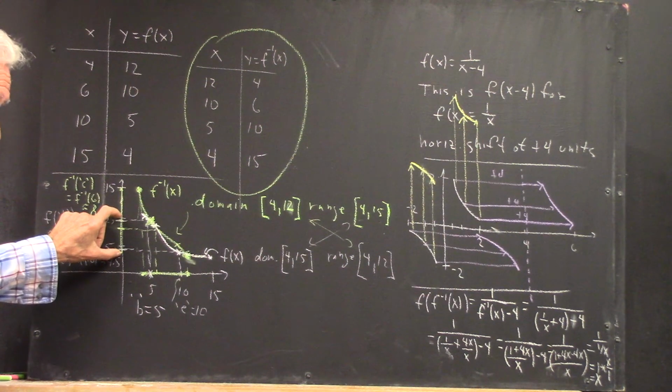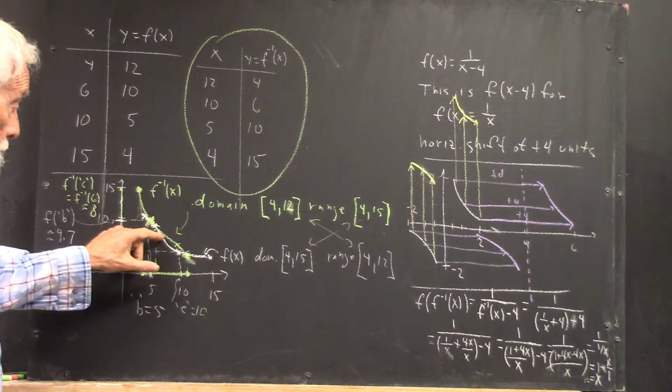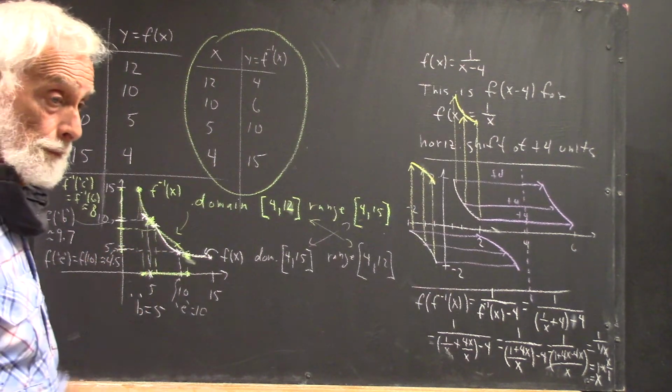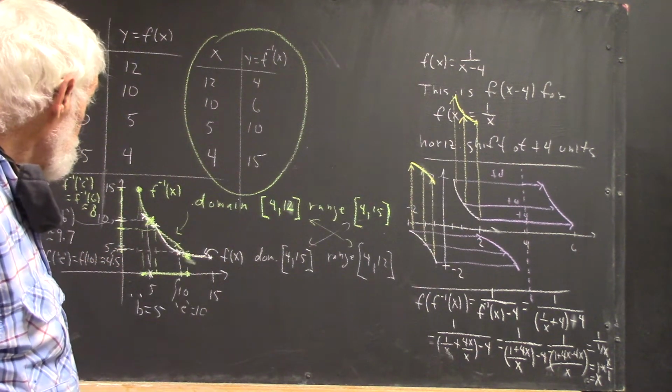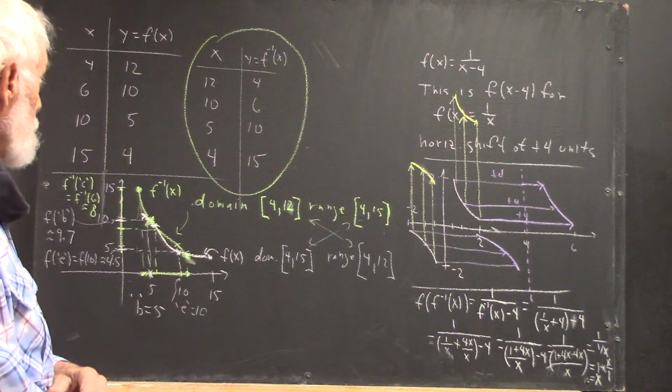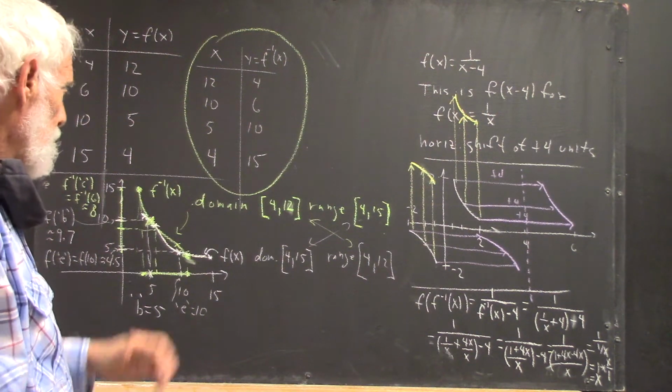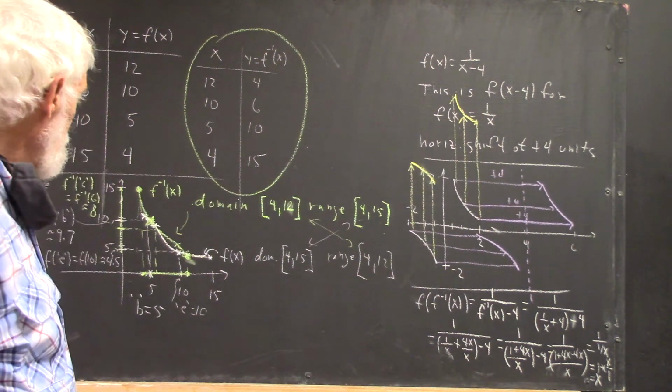All the y values are in this interval, I'm sorry. And every value in this interval, every y value in this interval corresponds to an x value on the graph of f of x. We want to see that. Okay, then the estimates, we're supposed to